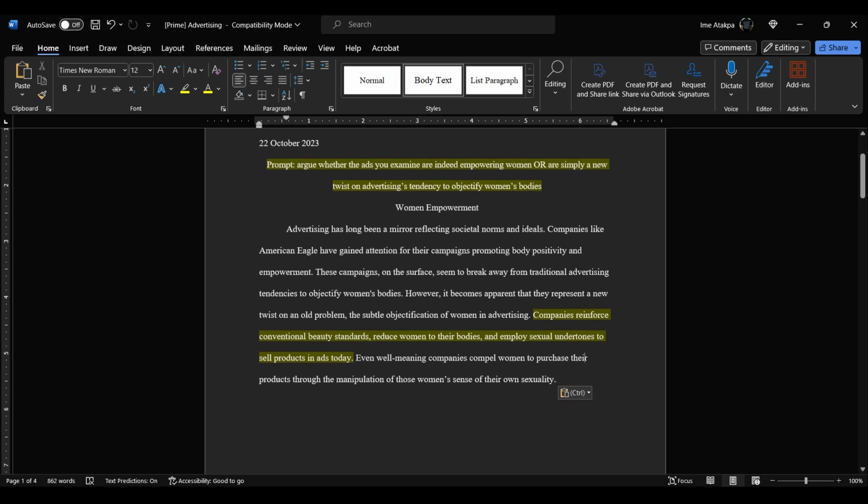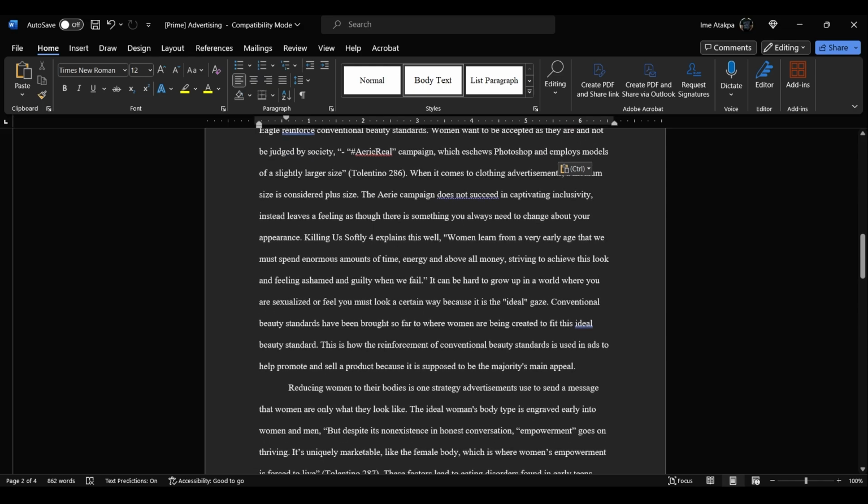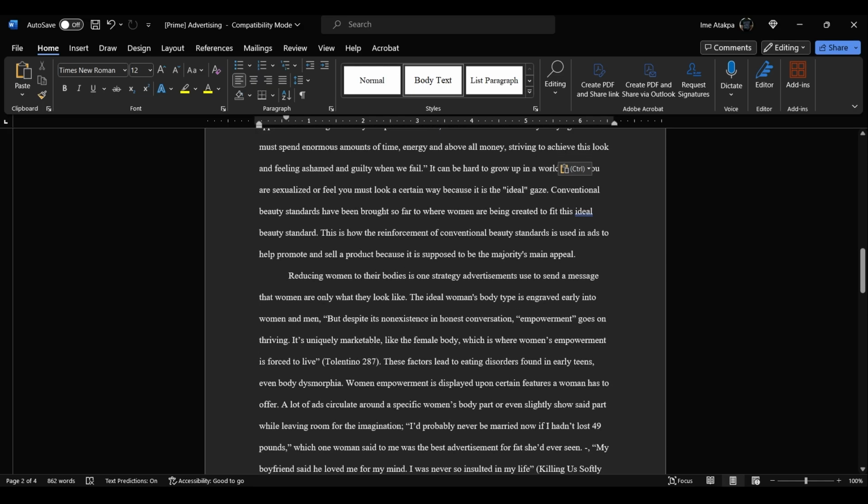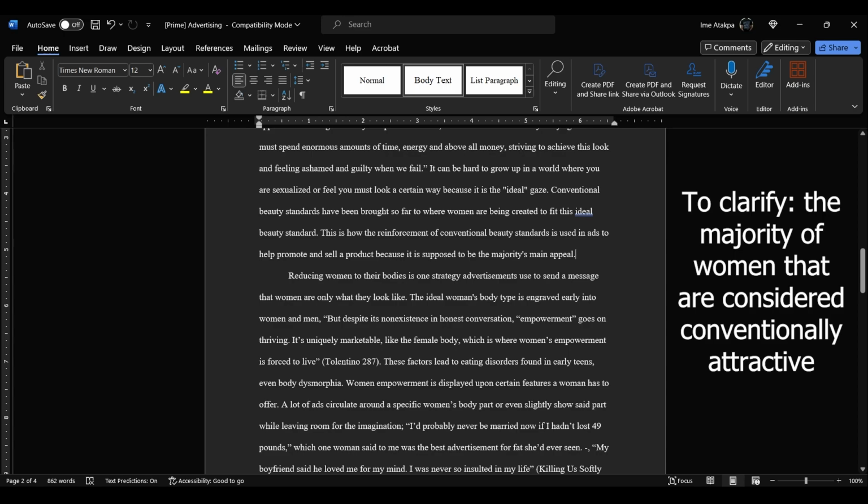So I do have the rest of the body paragraphs here for this essay. I'm not going to go over them. You don't need to read them. It's not really important. We just need to look at these specific sentences. This is how the reinforcement of conventional beauty standards is used in ads to help promote and sell a product because it is supposed to be the majority's main appeal. The majority referring to the majority of women. Reducing women to their bodies is one strategy advertisements use